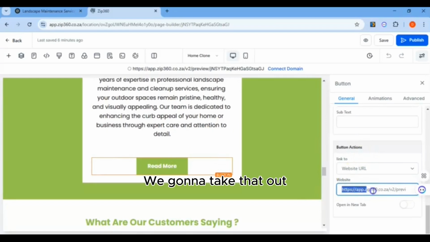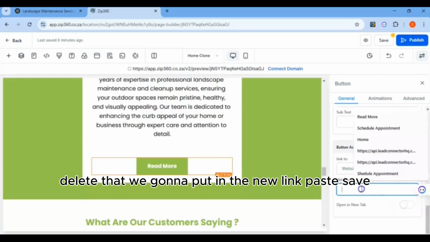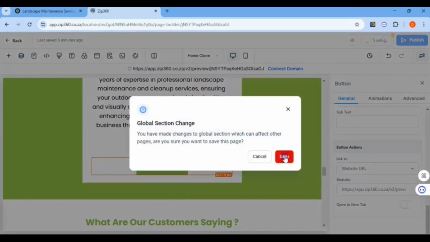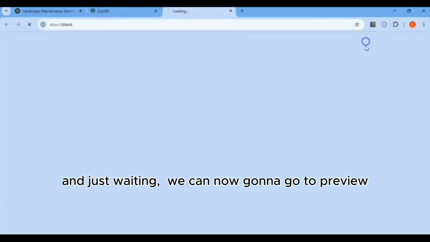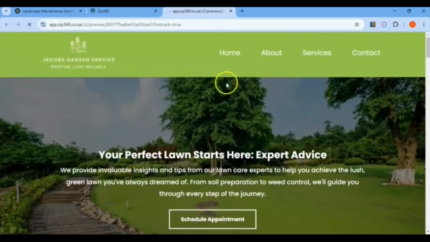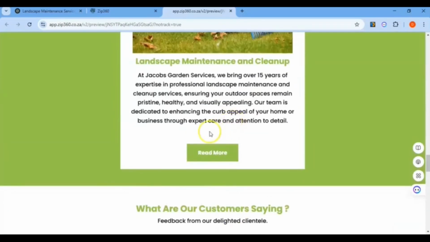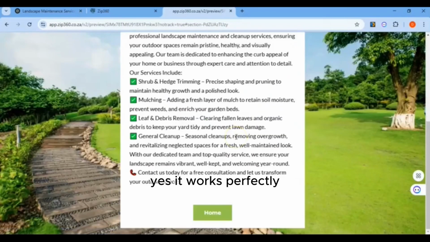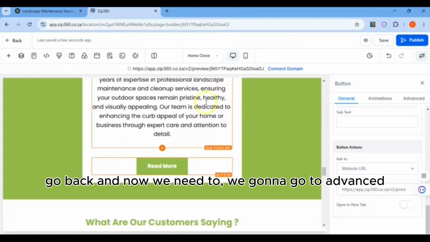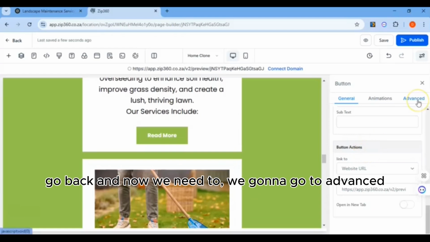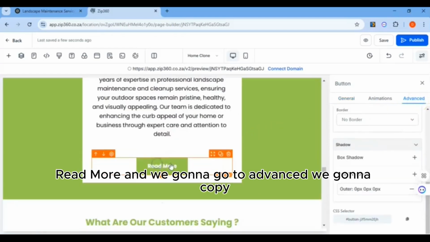Come down here, take that out, delete that, and put in the new link, paste, save, and just wait. Okay, now going to go to preview, and we can check it out. Yes, it works perfectly.